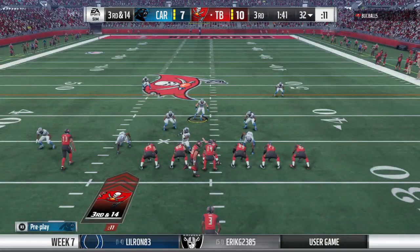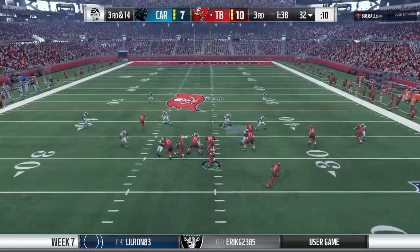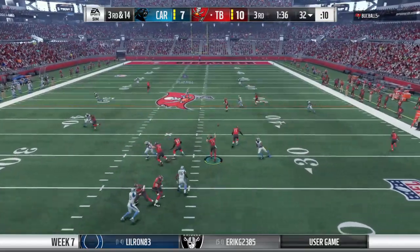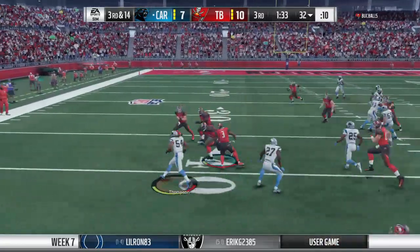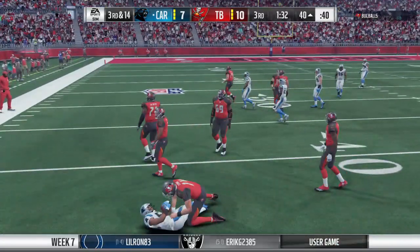They'll send a receiver here in motion right. Here's Evans throwing on 3rd and long. He rifles one that's intercepted. It's Shaq Thompson here with a pick. And to the 40-yard line,